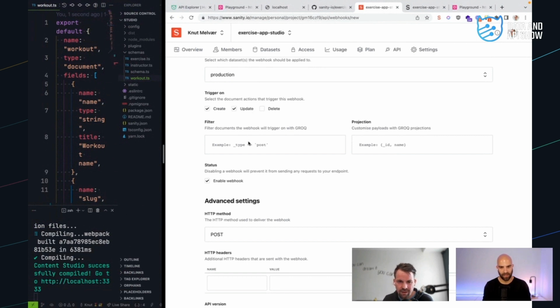Create and update, yeah. And then we can make constraints with GROQ, so we can decide under which conditions we should fire off a webhook. I guess this is whenever we touch a workout document.